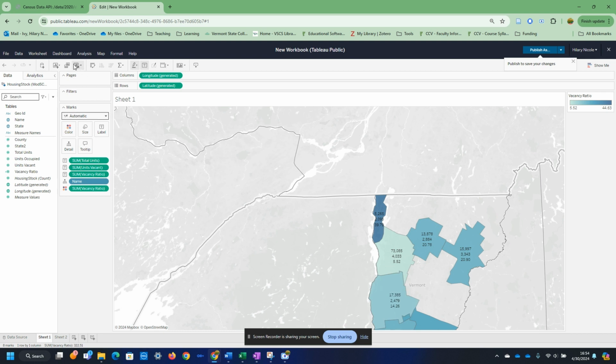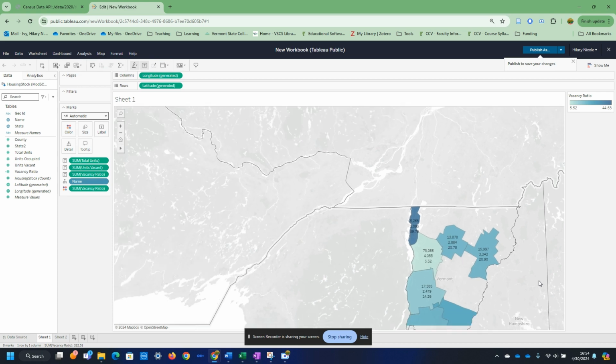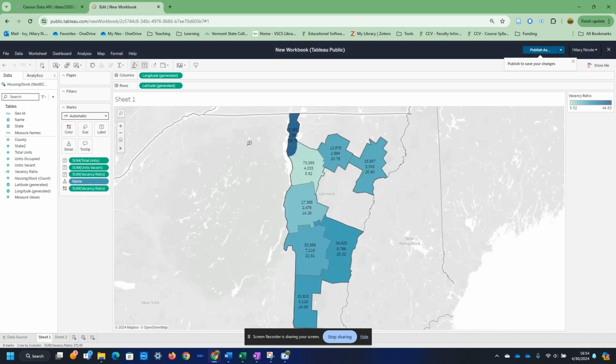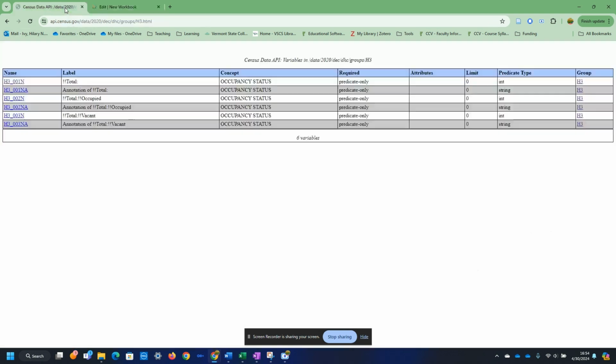So for the purposes of this exercise, we're just exploring, and we're not going to be able to dive too deeply into this. I'm also having an issue with my Zoom. There we go. All right. But just to get a quick idea on what's available to us here once we've pulled data out of the census. Okay, so I'm going to head back over here really quickly